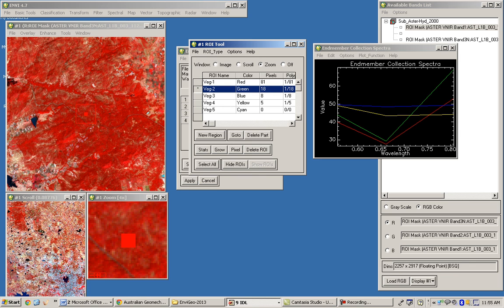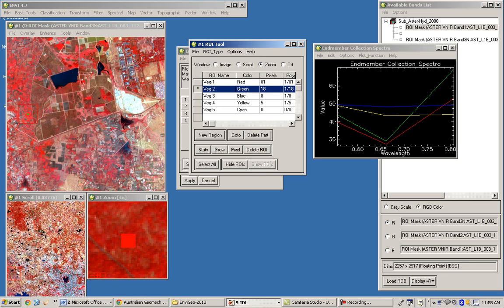Collect this green, second one. So I have collected this green, which is a cropland. I told you that this crop is almost grown. It is having a fully green chlorophyll content. That means it is having full vegetation.